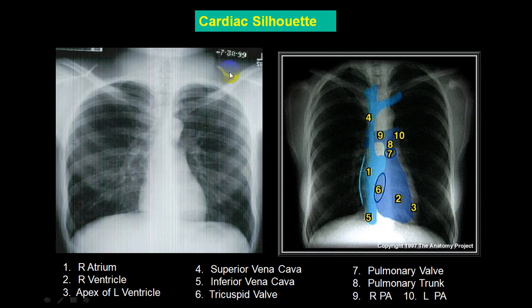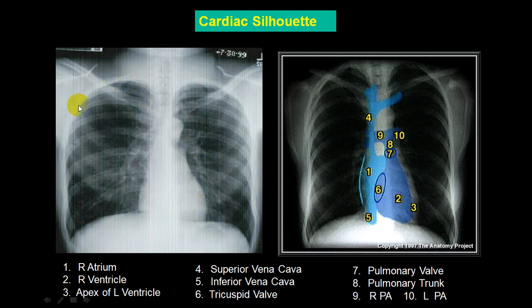Now you can have a look. This is how it looks in an X-ray. Here you can see that the right dome of the diaphragm you can clearly identify. This is the costophrenic angle you can identify. This is the cardiophrenic angle. Same thing on the left side. You can see the right atrium. Then this is a part of the right hilum. Then this is aorta part, superior vena cava, right paratracheal strip, left paratracheal strip, aortic arch, or you can call it aortic knuckle, aortopulmonary window, left hilum, left atrium, left ventricle, etc.